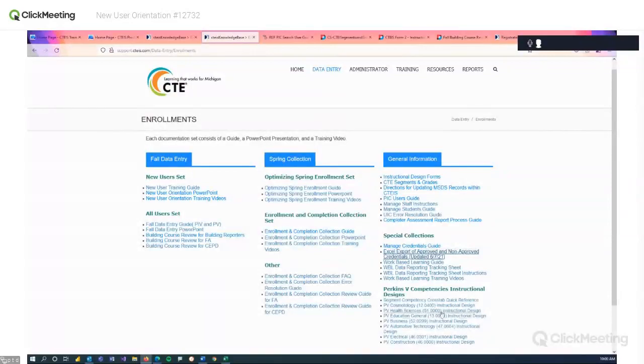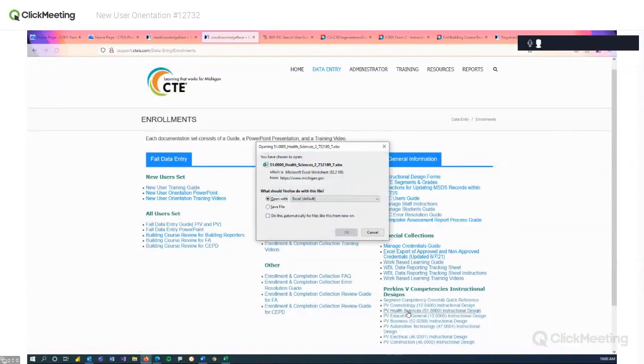You'll also be expected to report on work-based learning, and you can get some information here on how to do that, how to track it, and some videos on how to do that. And then we have Perkins 5 courses, which are going to be using competencies. You can use these links here to give you an idea of how all that's going to work. So if I were to click on health sciences,